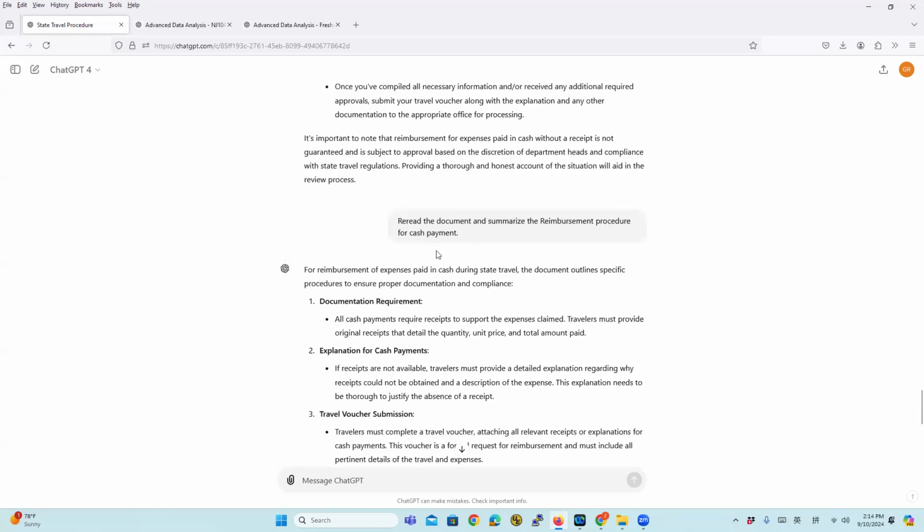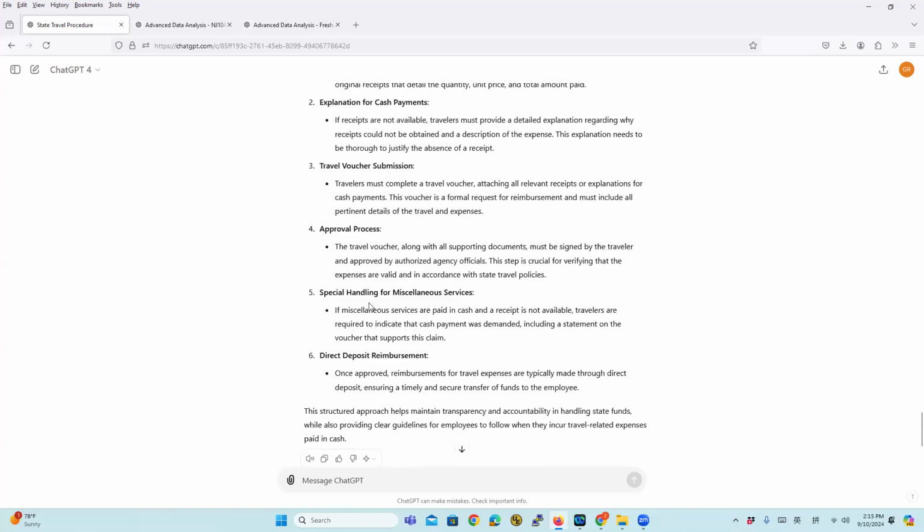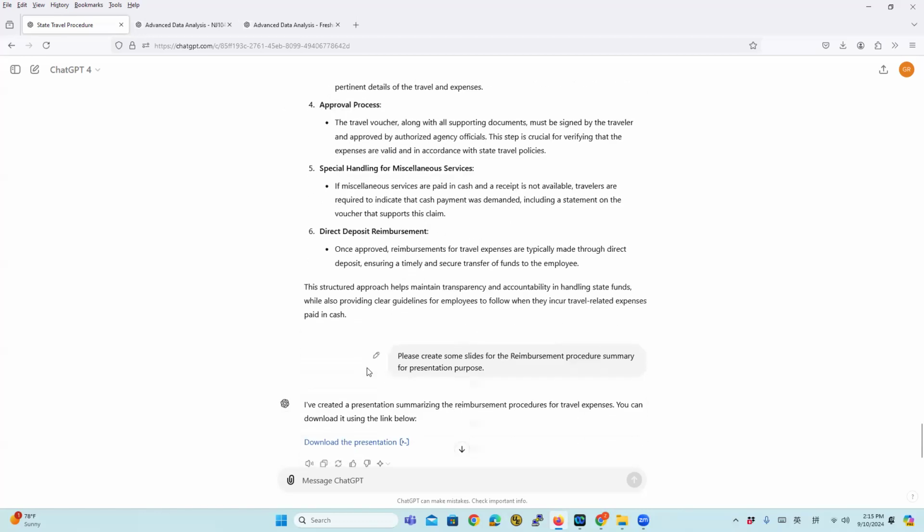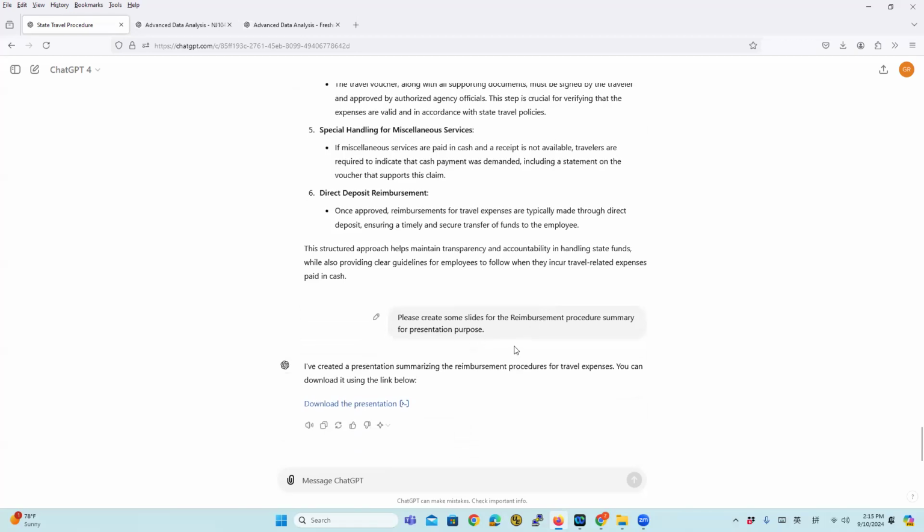So at the end, I ask the advanced data analysis to read the documentation and summarize the reimbursement procedure for cash payment. I give the response in 6 steps. And finally,